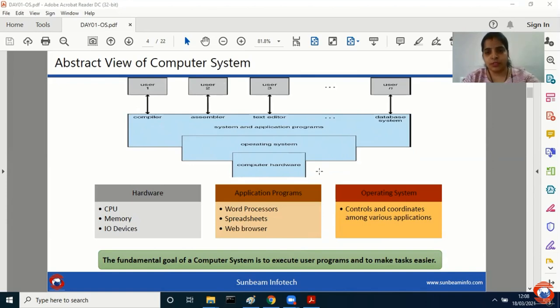The abstract view of a computer system looks like this. For example, I have computer hardware. Hardware is basically your mouse, keyboard, monitor, maybe some printer, maybe other hardware devices like an IC card, cables, battery and so on. And when you talk about application programs, you may execute a Chrome browser, Acrobat, VS Code, some compilers, file managers, music players, and so on. Every user has different requirements, and every user uses different kinds of application programs and system programs, right?